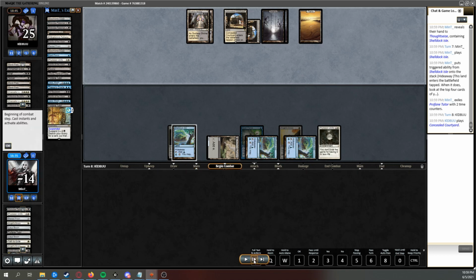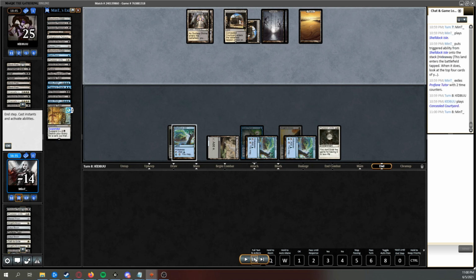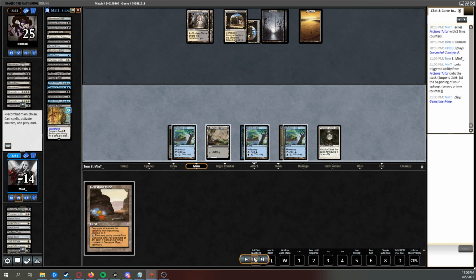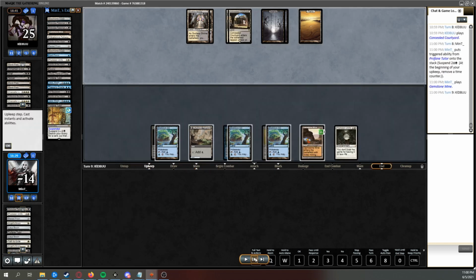And I don't have Spoils. I do have, and I also lost Ad Nauseam. So yeah, I don't have Ad Nauseam either. Okay, so Profane Tutor is ticking down. I play a Gemstone Mine. My opponent